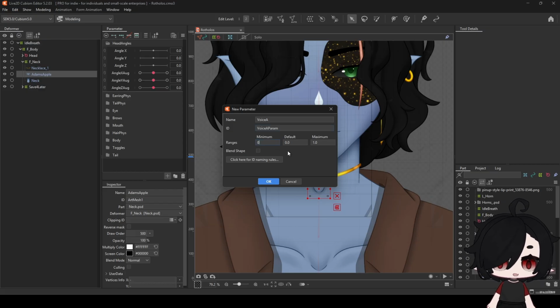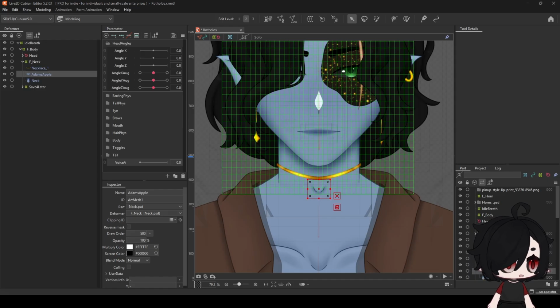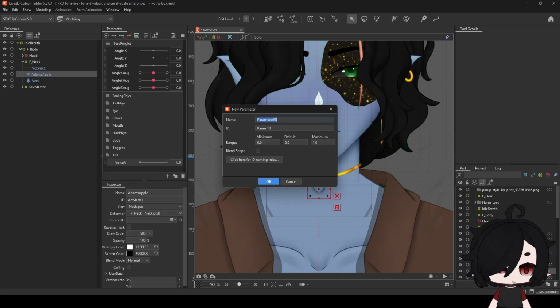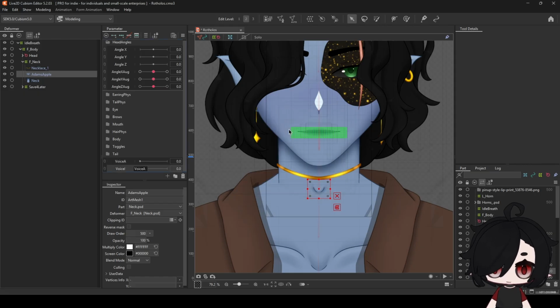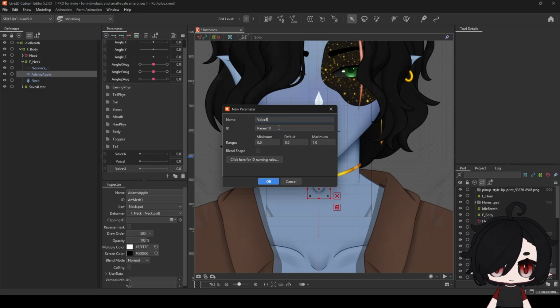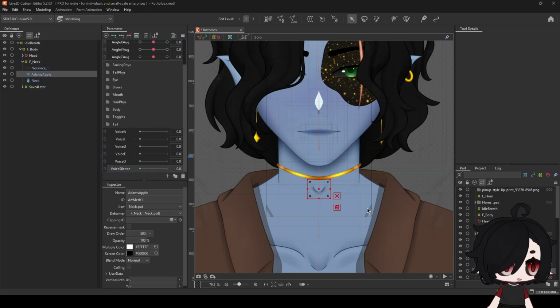It'll be a minimum of 0 and a maximum of 1. It will not be a blend shape. You can make this a blend shape if you so wish, but personally, for me, it does not matter. And now I'm going to go ahead and add all of those. And once you have all those set up,